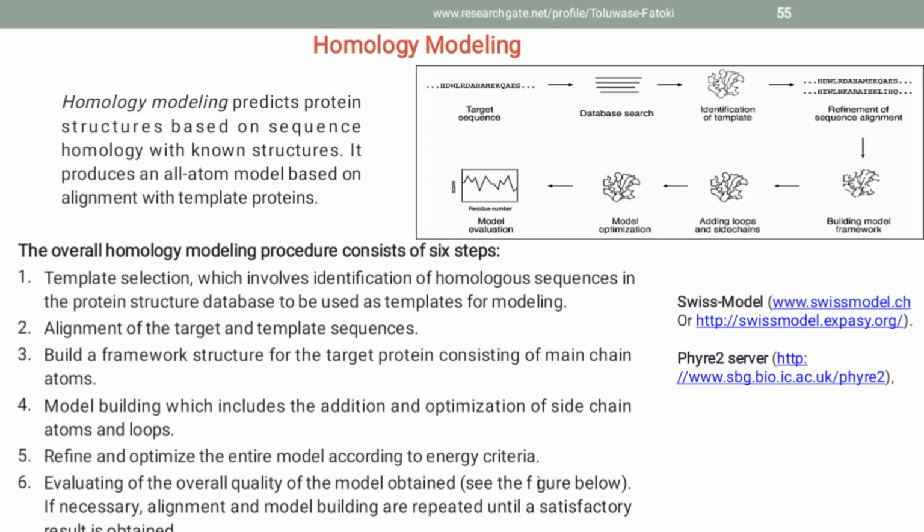Then number 5, we have refinement and optimization of the entire model according to the energy criteria. So for this particular model, we still find the model that gives the lowest energy criteria. That one tries to evaluate based on the Ramachandran plot to see the area that is allowable and the area that is allowed. So you look at the energy criteria in terms of Gibbs free energy to see how the models constructed